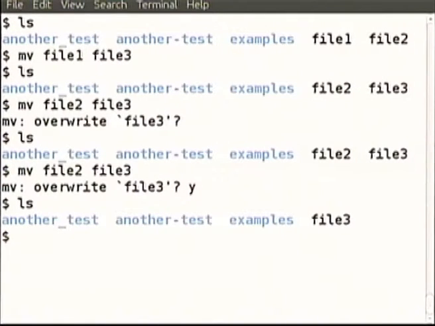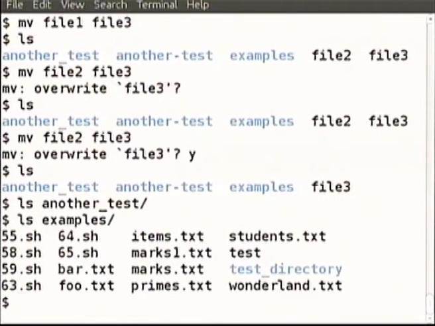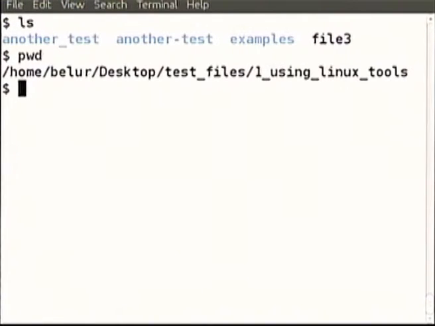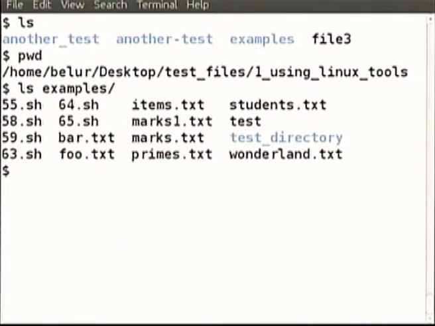If you don't want the file name to be different when you move, let us see what is there inside another. There is nothing inside this. See, there is something in examples. Inside examples there are plenty of files. You can try to make an example directory and make some files just as test files. The fastest way to create some files with a specified file name is using the touch command. So in my examples directory, here are various directories. I am in this particular path. What is there in examples? These are the various ones.